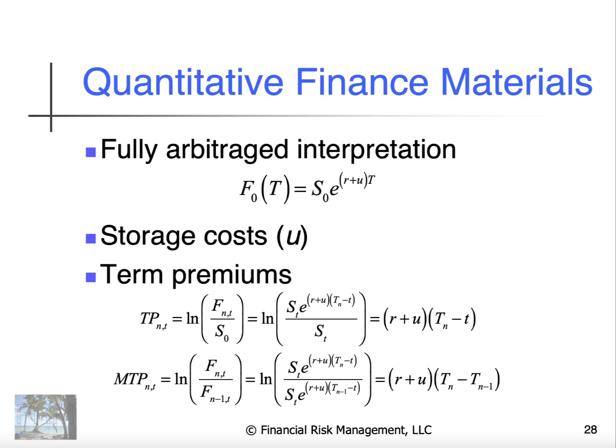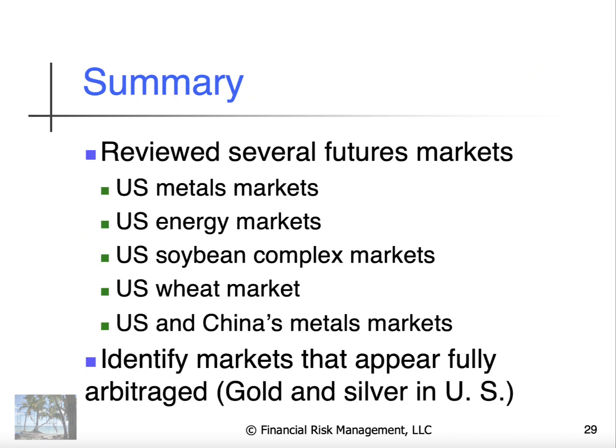The analysis in this chapter is the same as the prior, and I'll skip it. And so the main takeaway is carry arbitrage does work in gold and silver, a little bit in copper. It doesn't work in energy, perhaps soybean oil, but not meal and soybeans. The wheat market, if there's a large amount of inventory, but not if it's in shortage. And this arbitrage analysis varies depending on what the regulatory structure is.